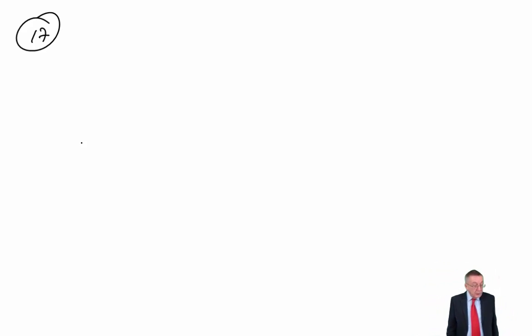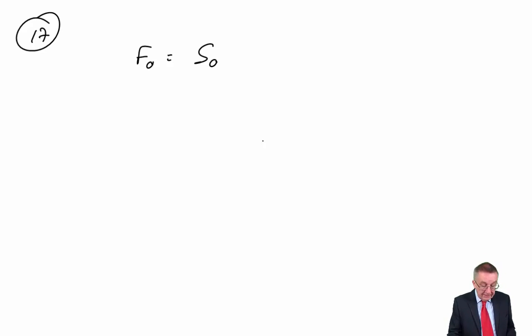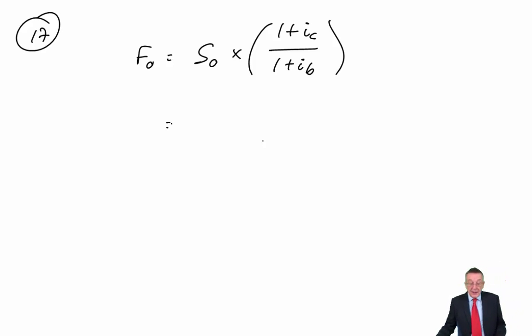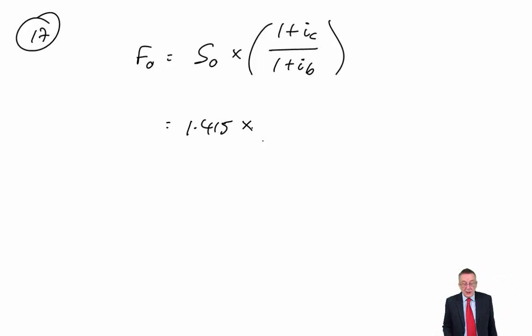It's the last formula on the formula sheet: F0, the forward rate, is S0, the spot rate, times (1 plus IC) over (1 plus IB). Just remember what the symbols are. The forward rate for 12 months is what we're after. It's the current spot rate, which is 1.415 euros to the dollar, times